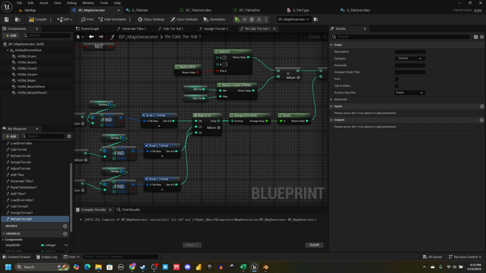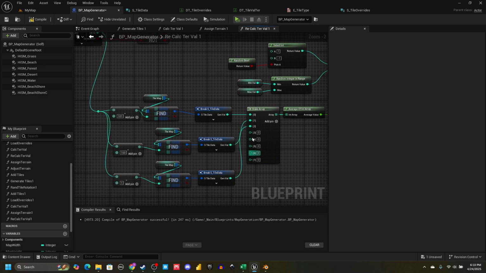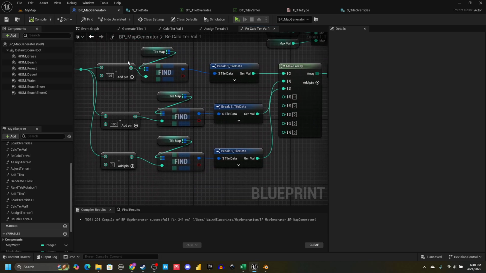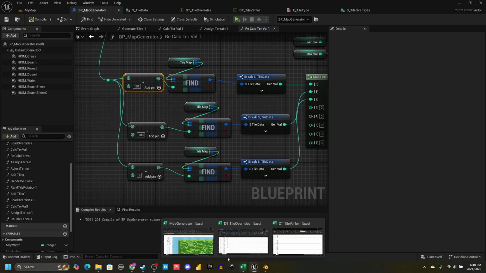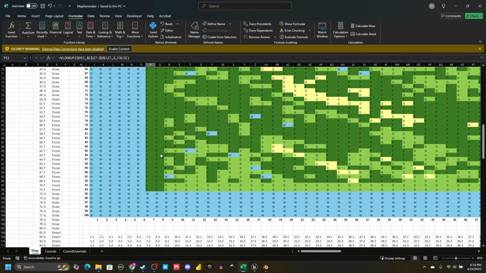And for this, how many do we need? We need 8. So click this add pin 5 more times. So you should have, it starts at 0, so you should have a 7, right? A count of 8. Right, so this is 1 up, this is 1 to the left, this is 1 up, and then 1 to the left. What I now want to get when we come back in here, right? If this is the tile we're talking about, actually, let me go down to